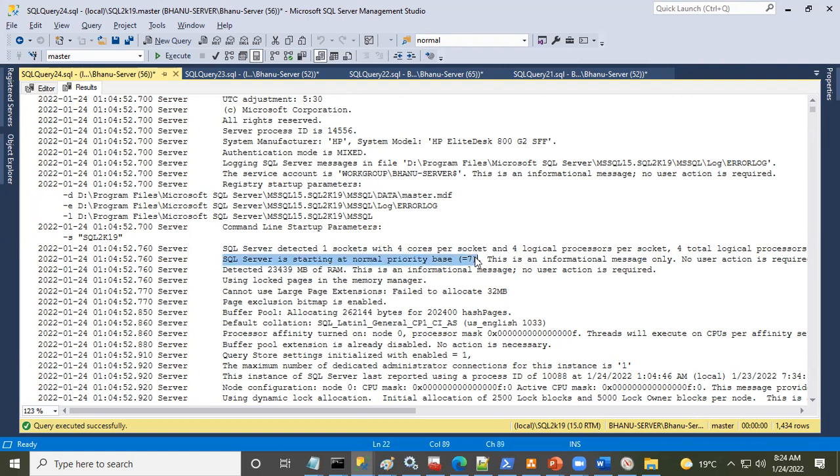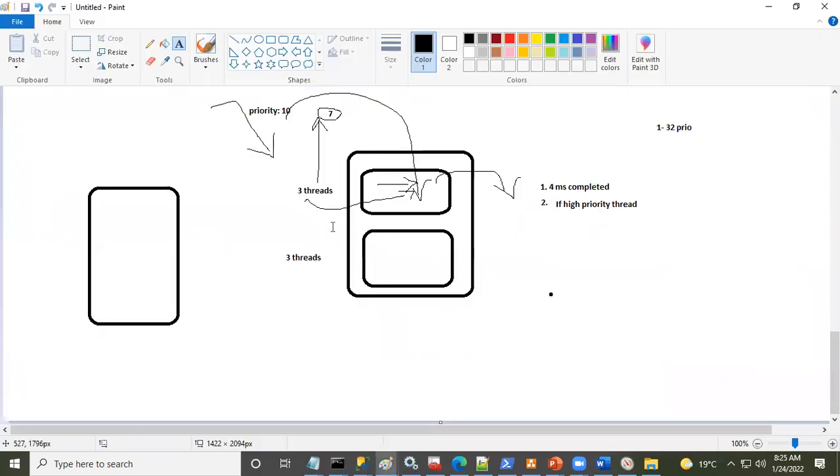You must have heard of the deadlock scenario, right? Transaction deadlock. If you set the victim thread to low priority, then that will be killed, but we will talk about that more later. For now, understand that priority is nothing but this: if high priority comes in, the low priority thread will come out of the CPU and it will allow the high priority thread to execute on the CPU, right? So third